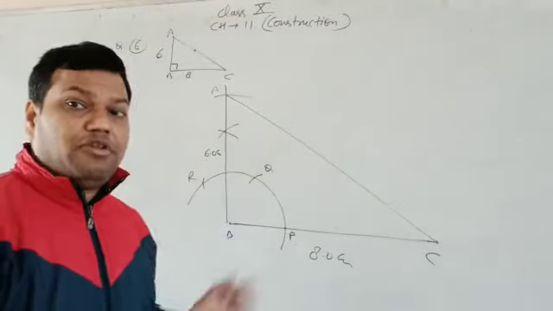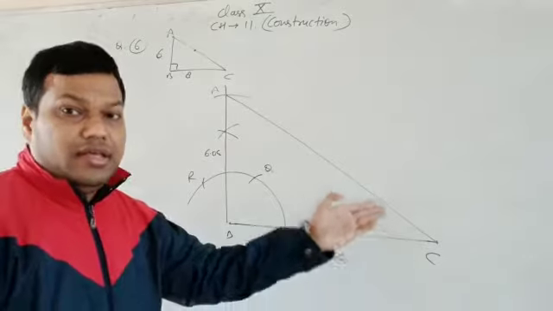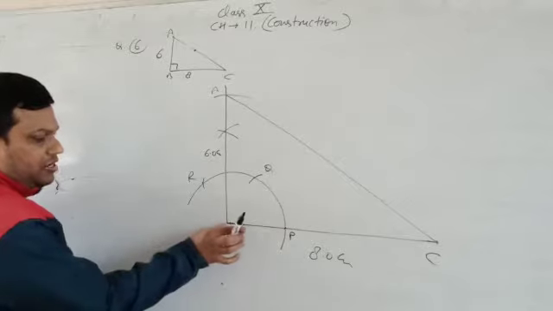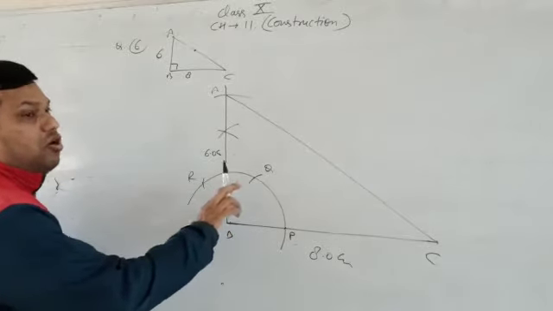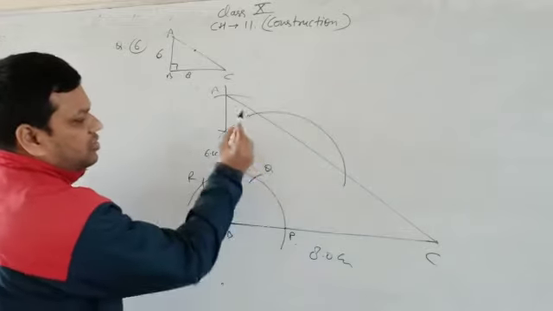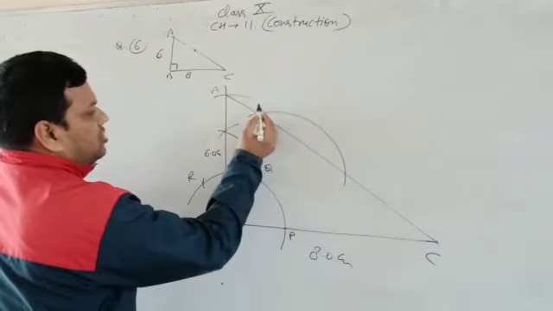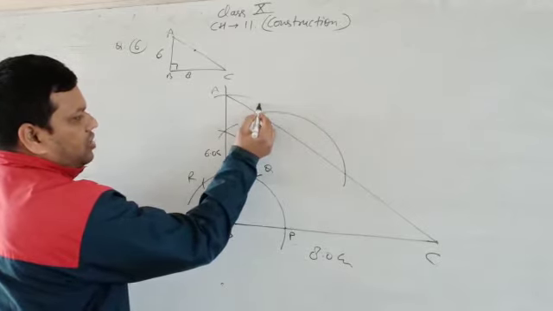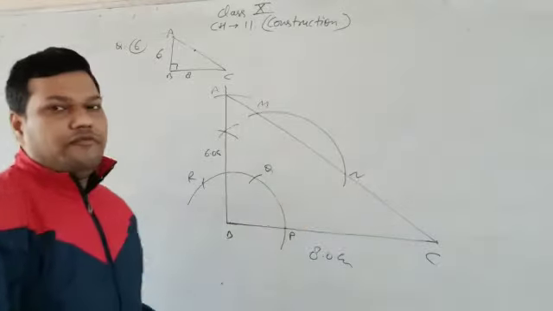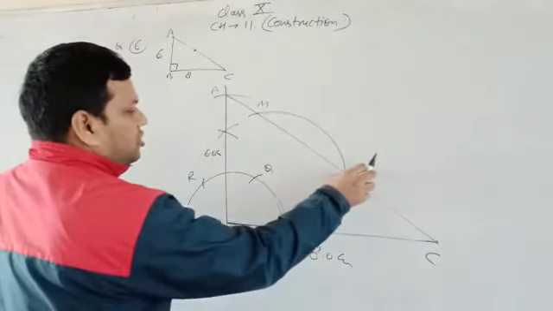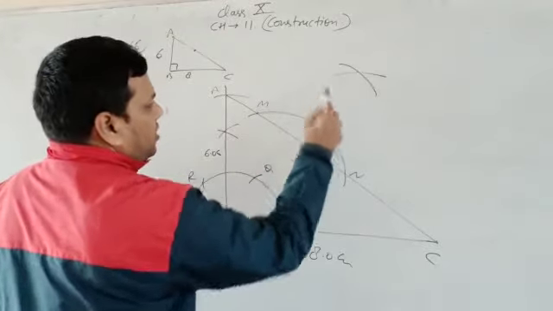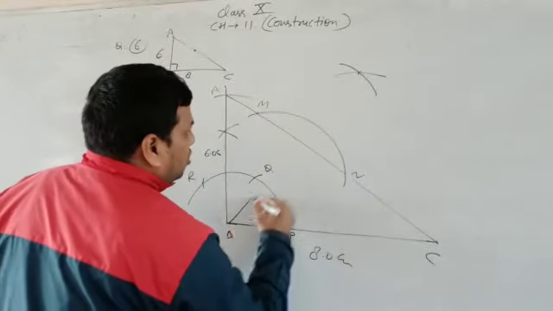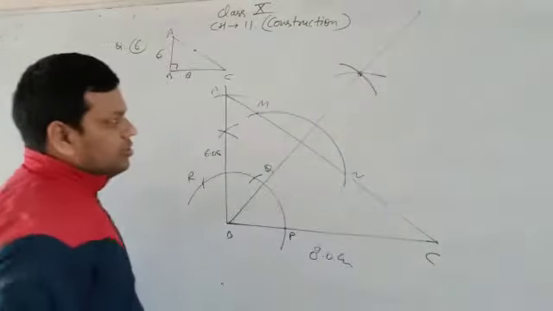How do we draw the perpendicular from any point to any line? That can be done like that. First of all you have to take the center B and draw an arc which must intersect this AC at, you can say, M and N, right? From M and N with the same radius you should have an arc like that, this and this. So it will cut here. You can draw this line like that, right?